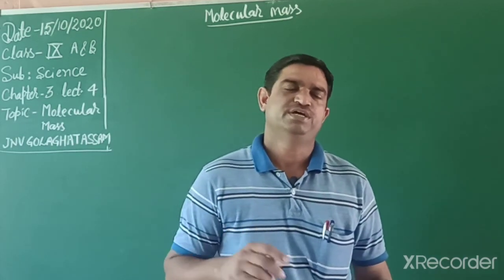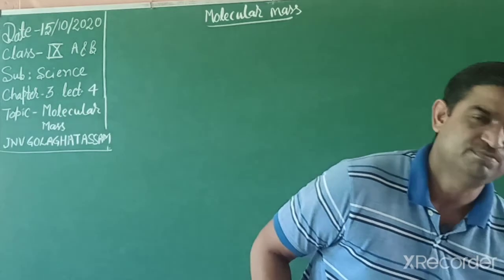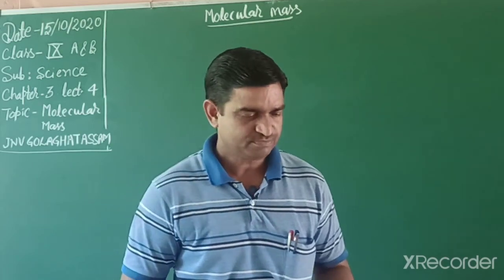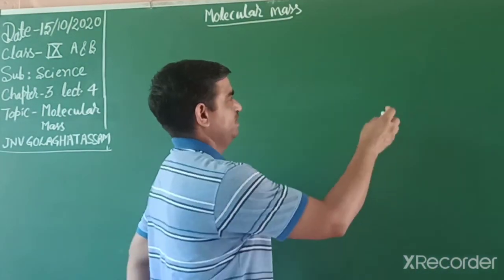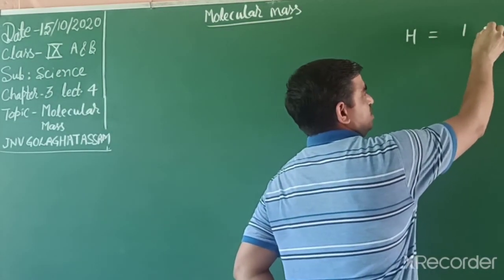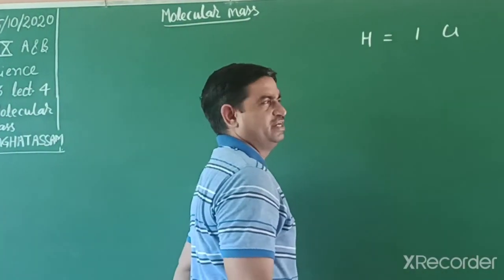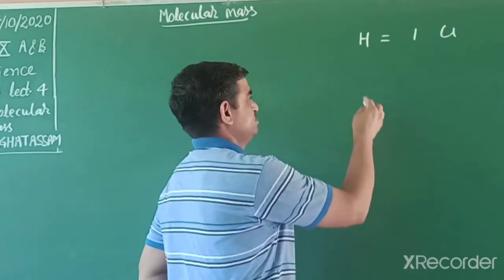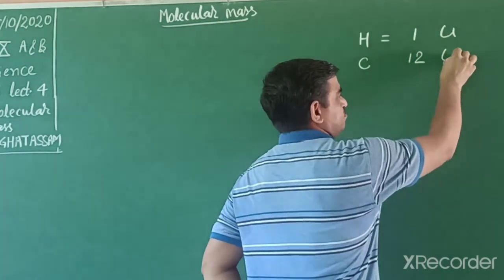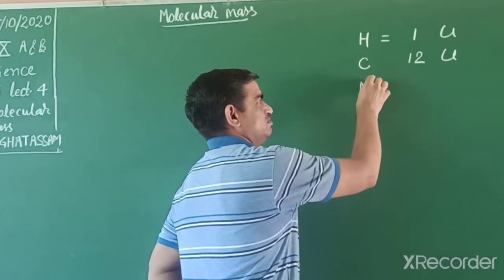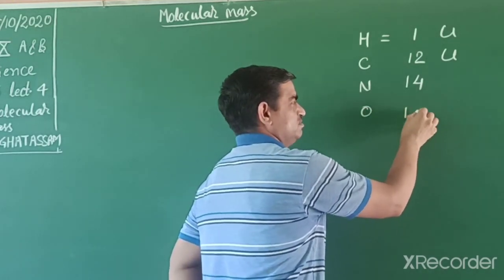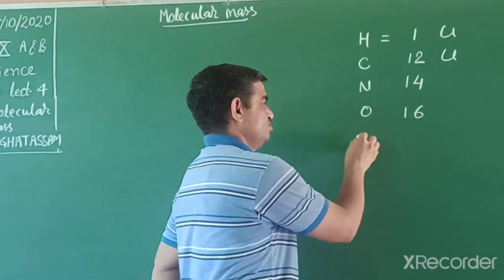And in your NCERT book, at page number 35, some elements' atomic masses are given in units. For example, hydrogen mass is 1 U, unified mass, earlier known as atomic mass unit. Then carbon is 12 U, nitrogen 14, oxygen 16, sodium 23,